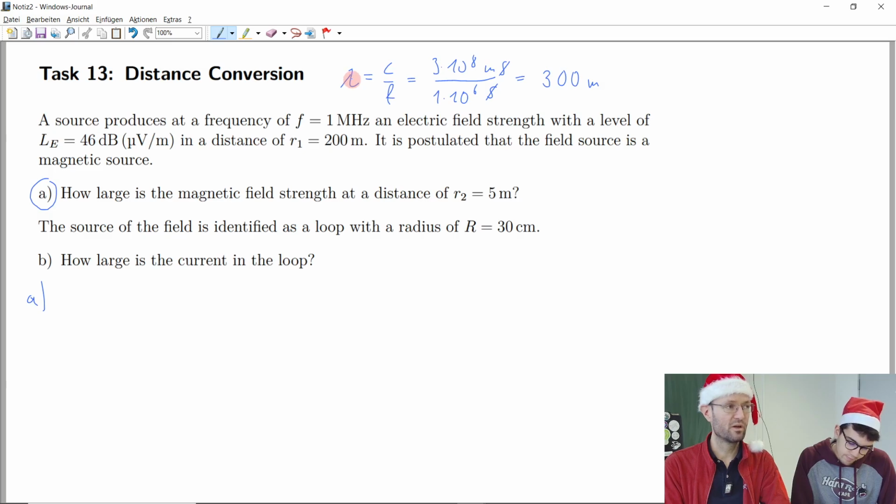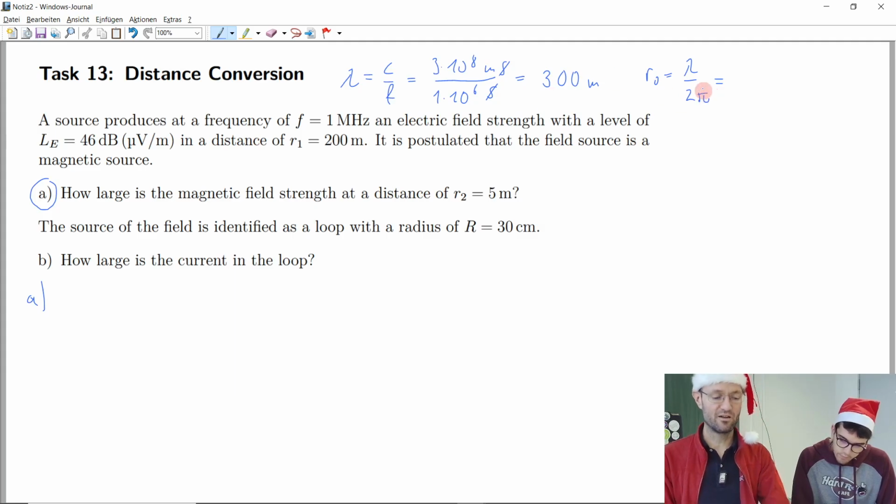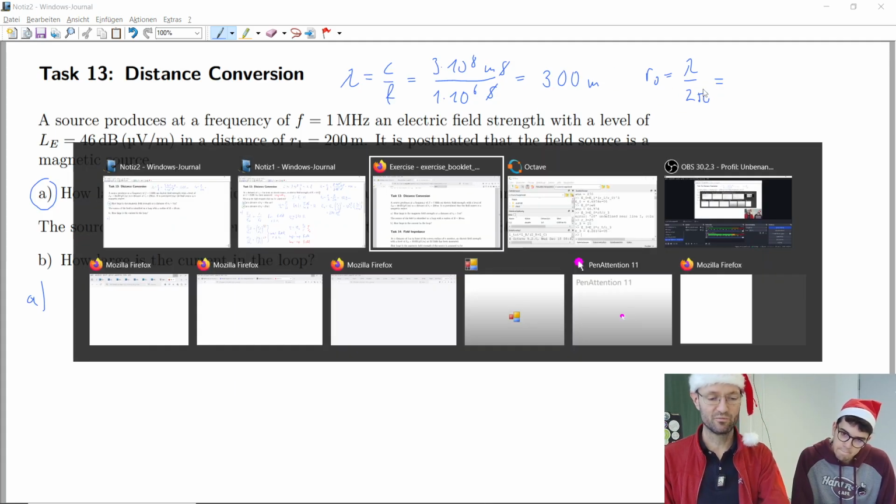What does depend on the wavelength, that we also probably need for this task? The transition distance. And the transition distance could be calculated by R0. And how could I calculate this? Lambda divided by 2 pi. And so if lambda is 300 meters, and if we divide by 2 pi, if we divide by 6, we get something like 50. And because pi is a little larger than 3, we should get something that is slightly less